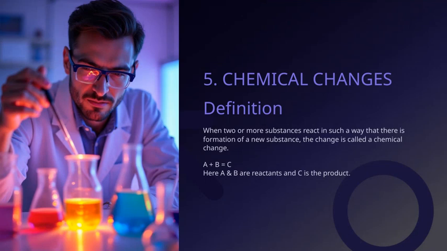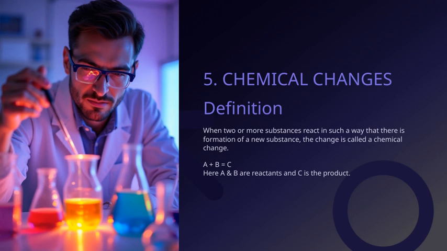Now let's talk about chemical changes. A chemical change happens when two or more substances react together and form a completely new substance. This is different from a physical change, where the substance might change form but not its identity. In a chemical reaction, we often represent it with the equation A plus B equals C. Here, A and B are the reactants, the substances we start with, and C is the product, the new substance that